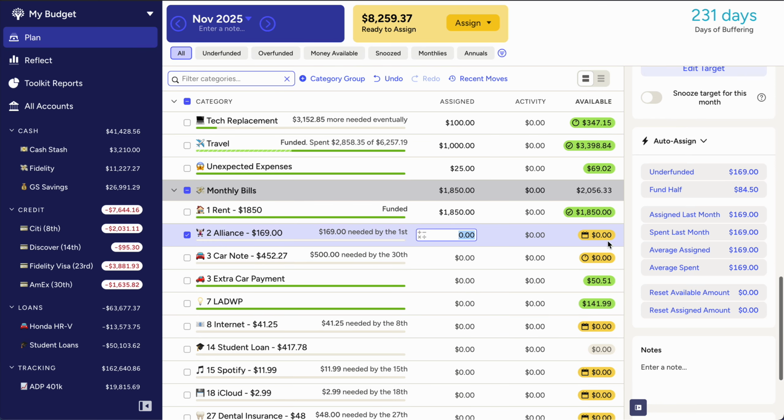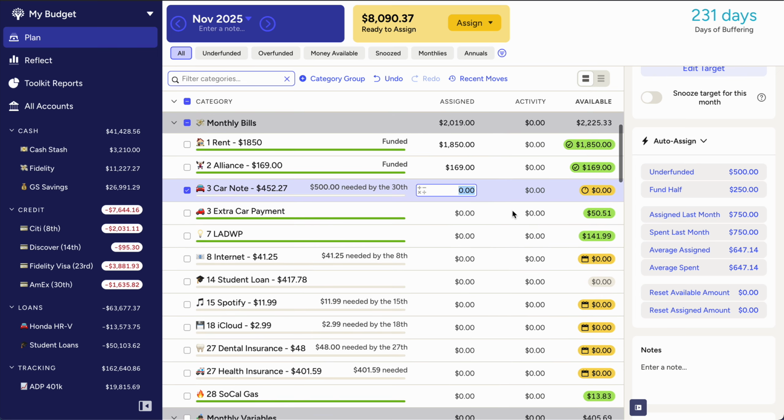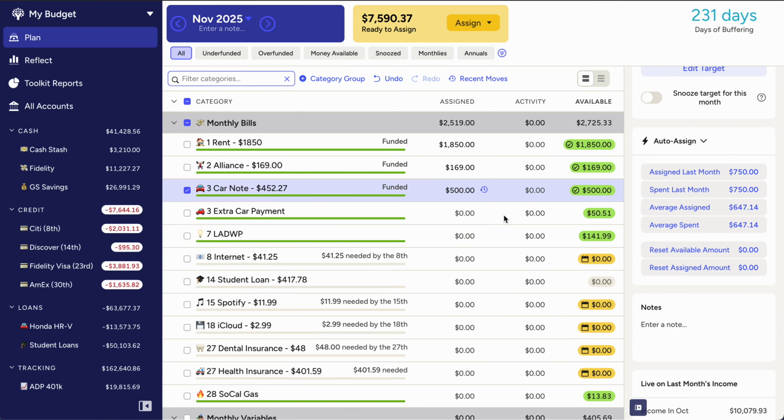I go to a private gym for strength training and lifting, where I have a coach for every class, so it costs a lot of money, unfortunately. So as I mentioned last year, I did get a new car. My car note is $452, but I always at minimum pay $500.